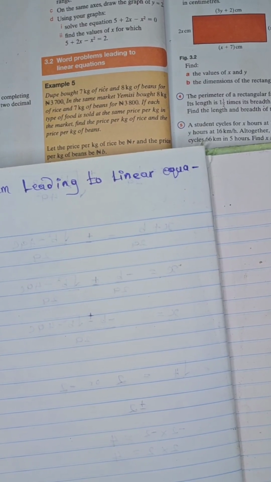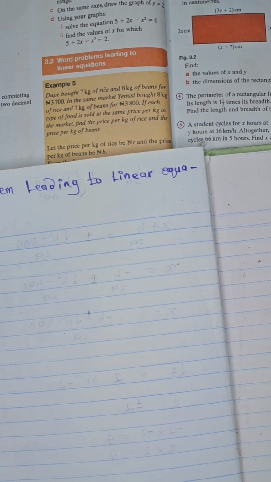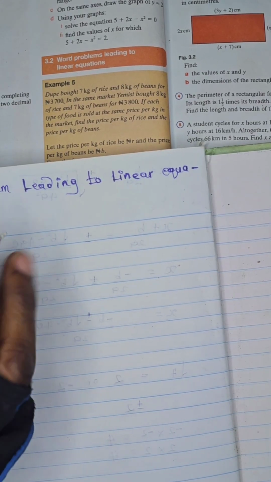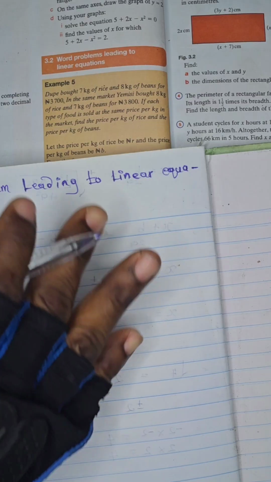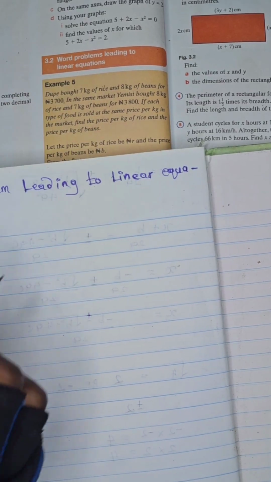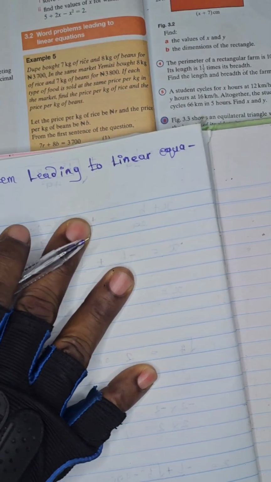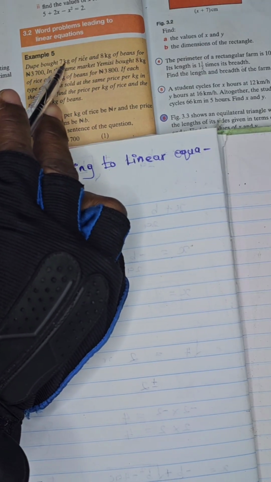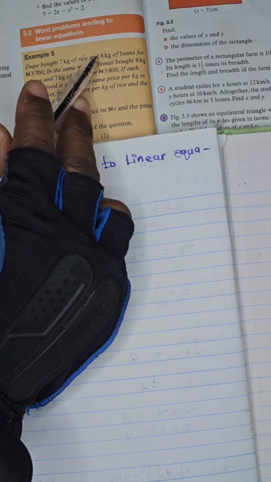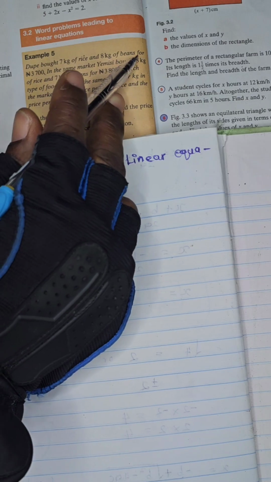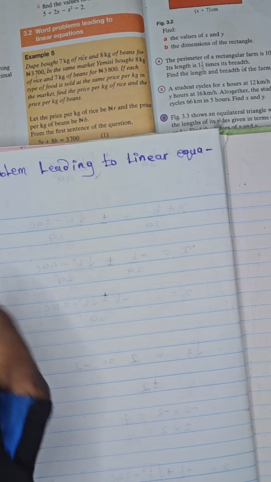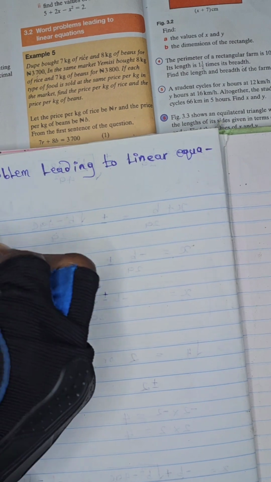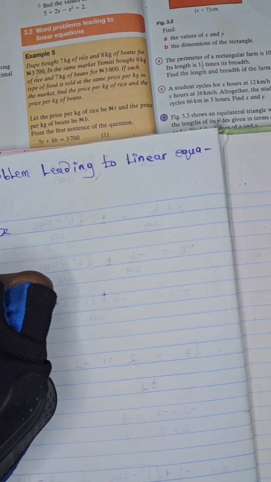In this class, we're going to solve word problems leading to linear equations. Initially, we were supposed to do quadratic equations, but we want to start with linear equations as shown in the textbook. Now let's start. For linear equations, say Dupe bought 7 kg of rice and 8 kg of beans for 3,700 naira. So let's say rice is x and beans